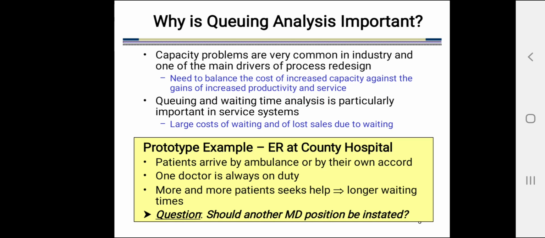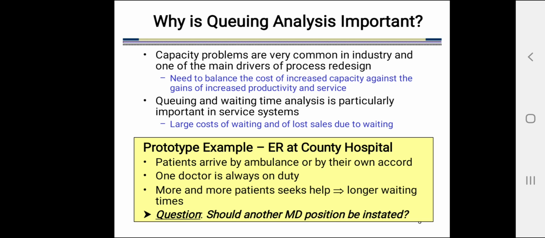Capacity problems are very common in industry and one of the main drivers of process redesign. Here we need to balance the cost of increased capacity against the gains of increased productivity and service. This is very important. If customers are more and your facility is less, you can increase your capacity, but to increase this capacity the cost is required